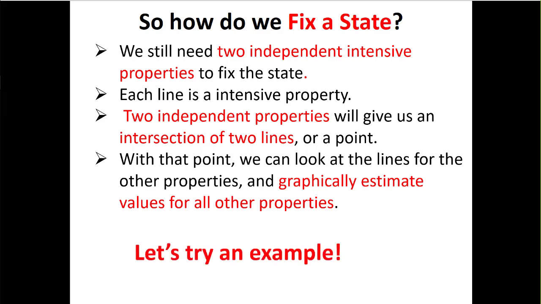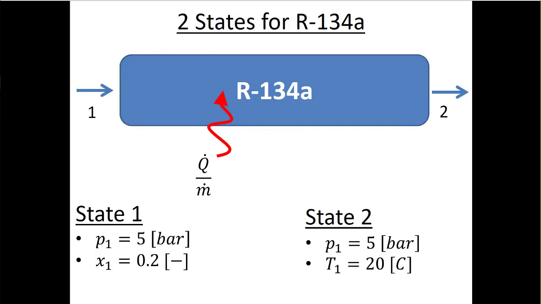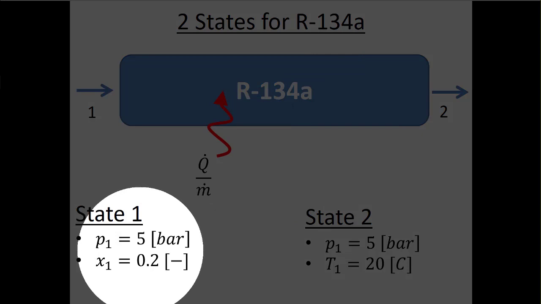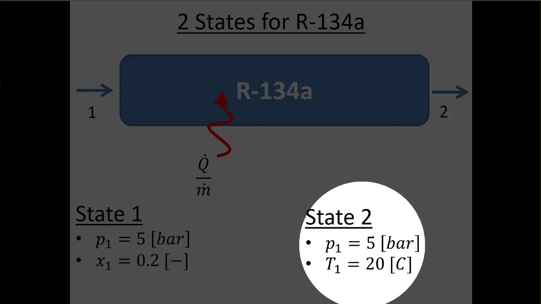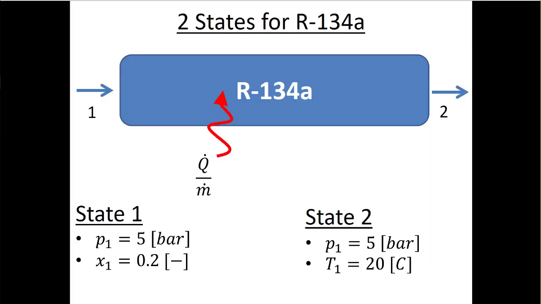So here we're going to do an example, just a quick one for one process. So this is a heat transfer process. We're doing an evaporator here. We're going from state 1 to state 2, and we're evaporating some fluid. So we start at state 1 with 5 bar and a quality of 0.2 or 20%. So it's 20% vapor. And then when we're done, we're still at 5 bar. So this is a constant pressure process, and our temperature is 20 degrees Celsius. And we're going to try to find the heat transfer rate divided by the mass transfer